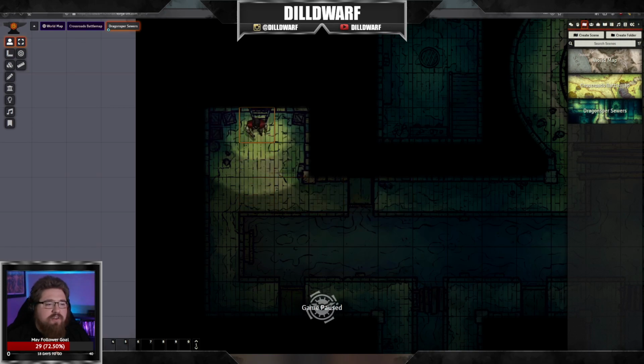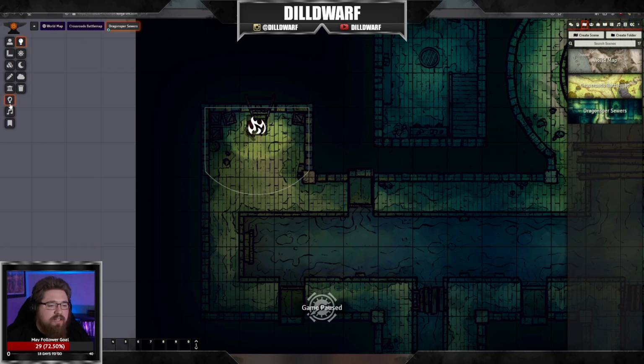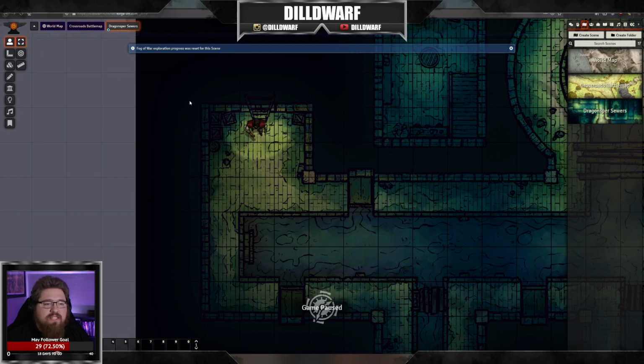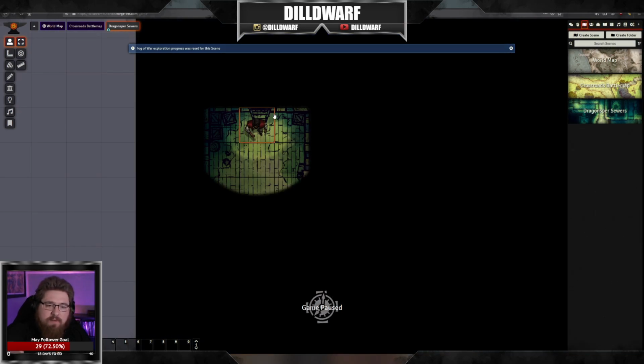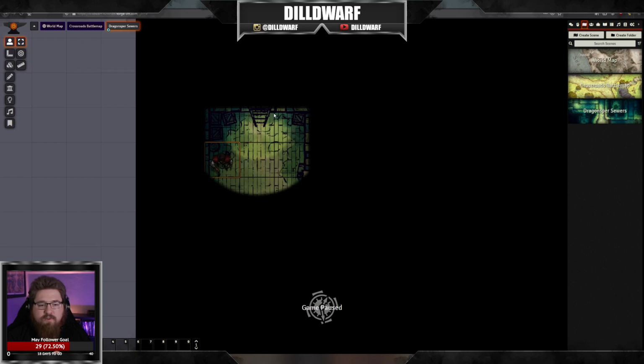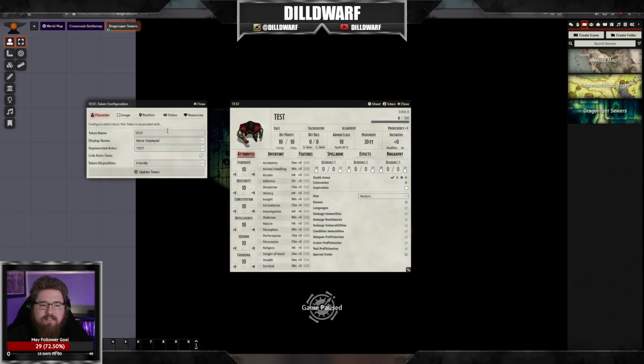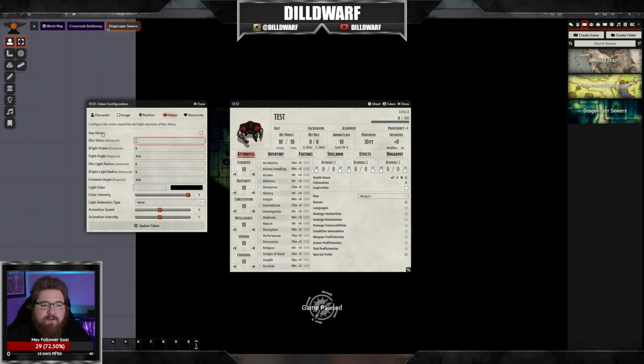And actually, let's reset the fog here to really show you what this does. So if this player came into this map for the first time, this is what he would see. And as he moves around, you notice he can't see beyond this little veil of darkness. He can start to explore it like this, but he can't see beyond it. Because I take pity, I sometimes give